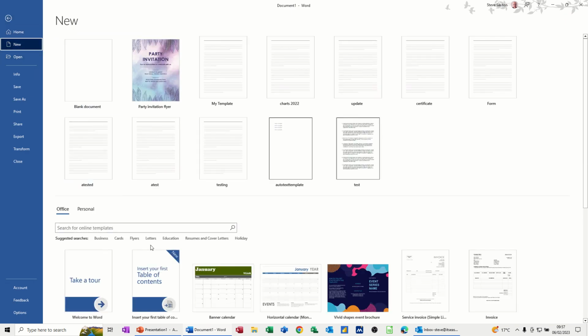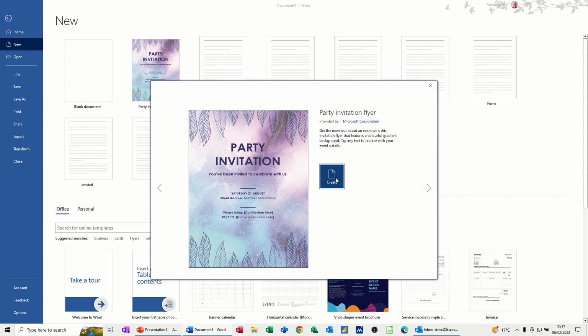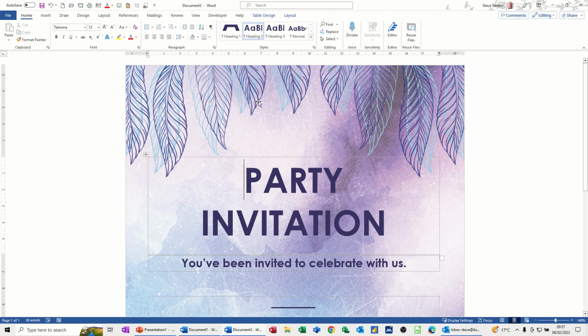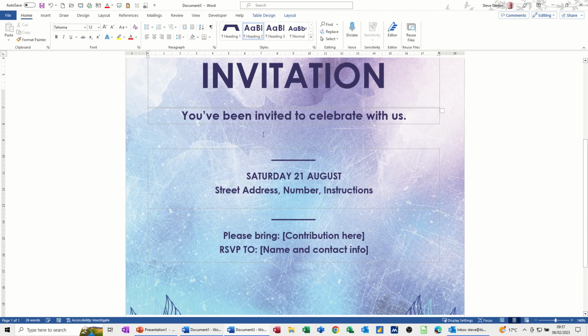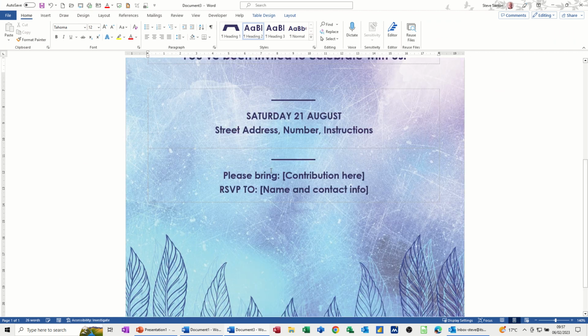and what you get when you do File, New is a list of all these little templates. I've just recently used this one, so that's the one I'm going to use. And I basically just typed in "invite", and this came up along with a lot of other ones. So I'll select this one, and then I'm going to create it. Click on create, and then that sits on my screen ready to be sent along with